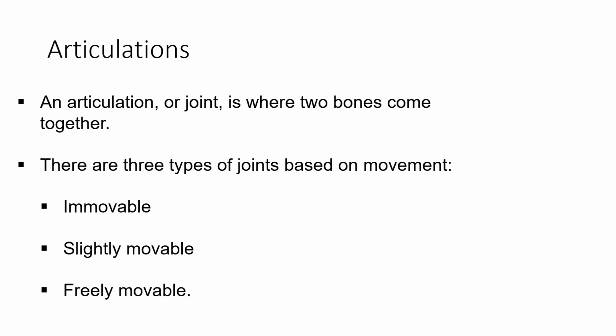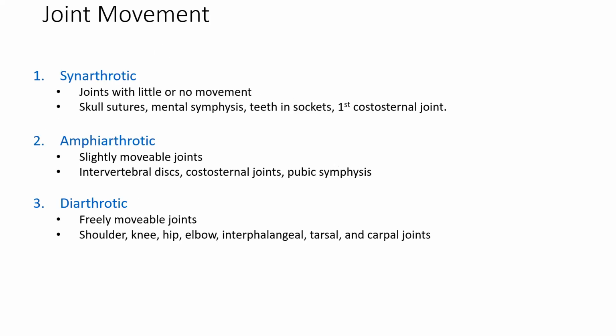Now, when we look at articulations, we see there are 3 distinct types of movement. There is no movement, which sounds counterintuitive, but no movement is a type of movement. So the joint can't move at all. We have the slightly movable joint, and we have the freely movable joint, which is the most common in our bodies. So the proper term for these are synarthrotic, a joint that has no movement whatsoever. The sutures in our skull are a good example